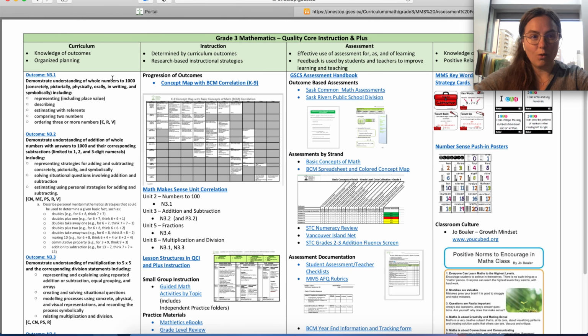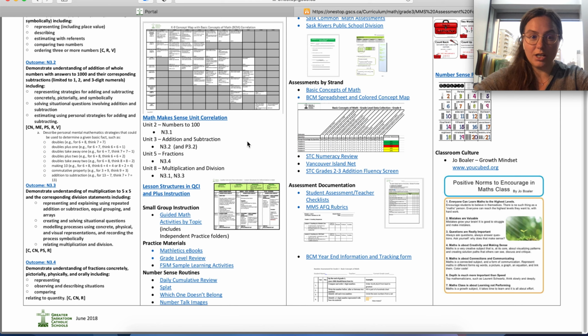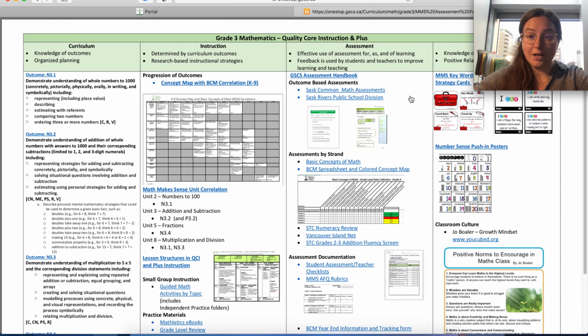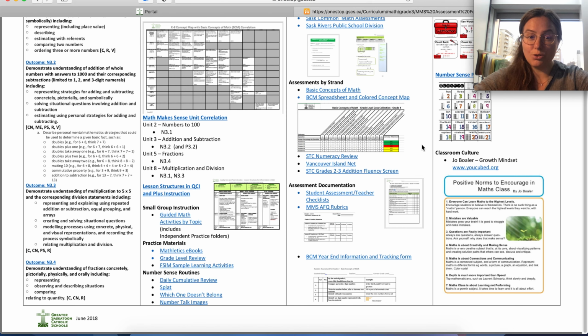Here you can see that they're organized by the 4 pillars of the student learning model. You can see under curriculum, the number strand outcomes are here. For instruction, you have links to the concept map, links to the unit correlation with Math Makes Sense and the outcomes, some structures for small group instruction, and then a few links where you can go for practice materials and number sense routines. Under assessment, you have the link to the GSCS assessment handbook, plus a variety of assessment tools,